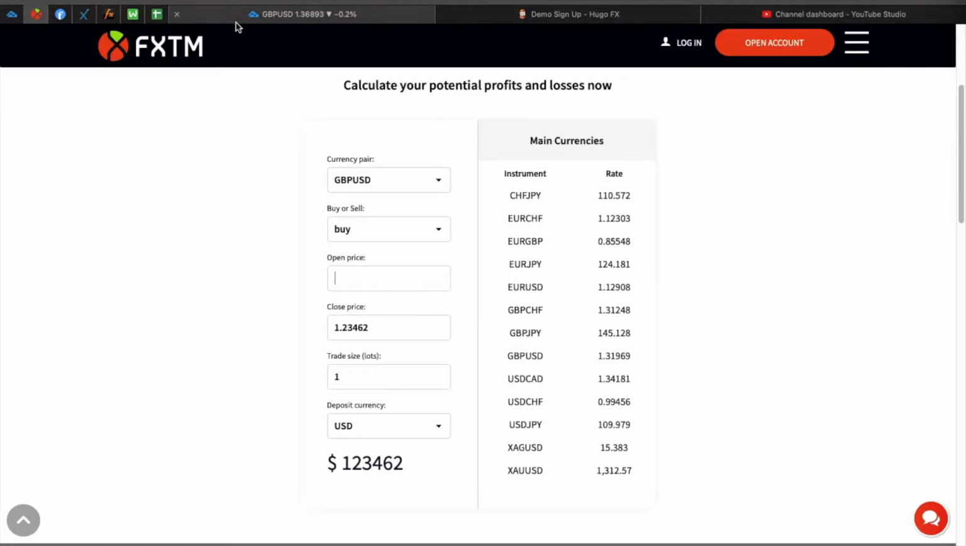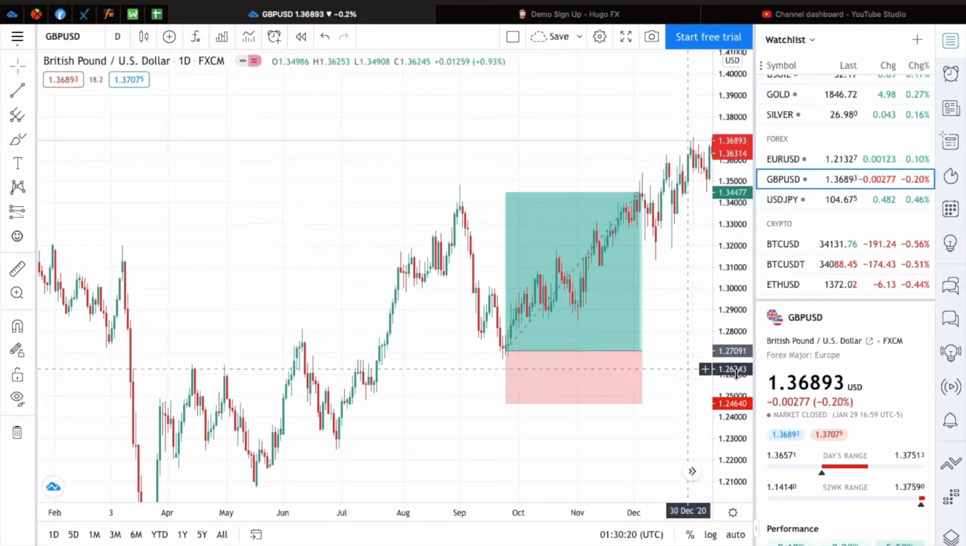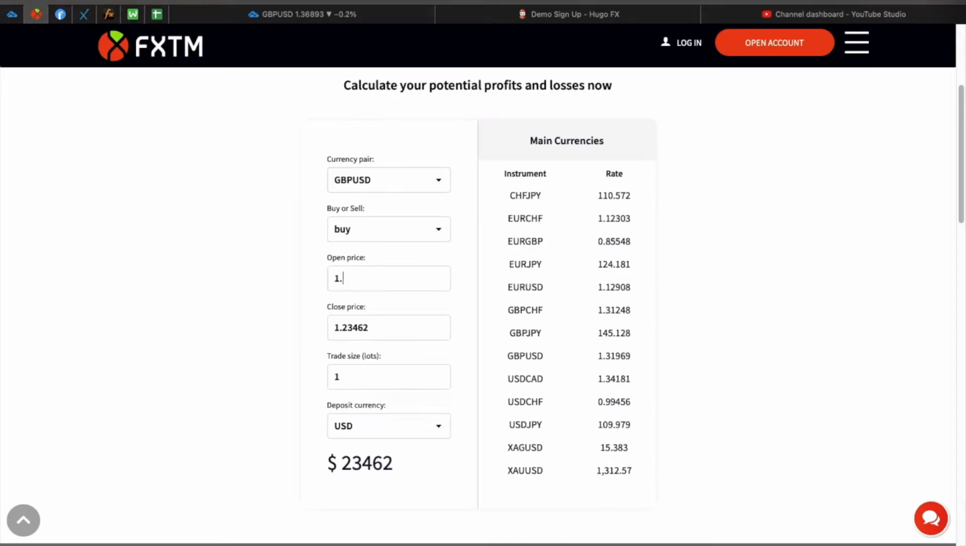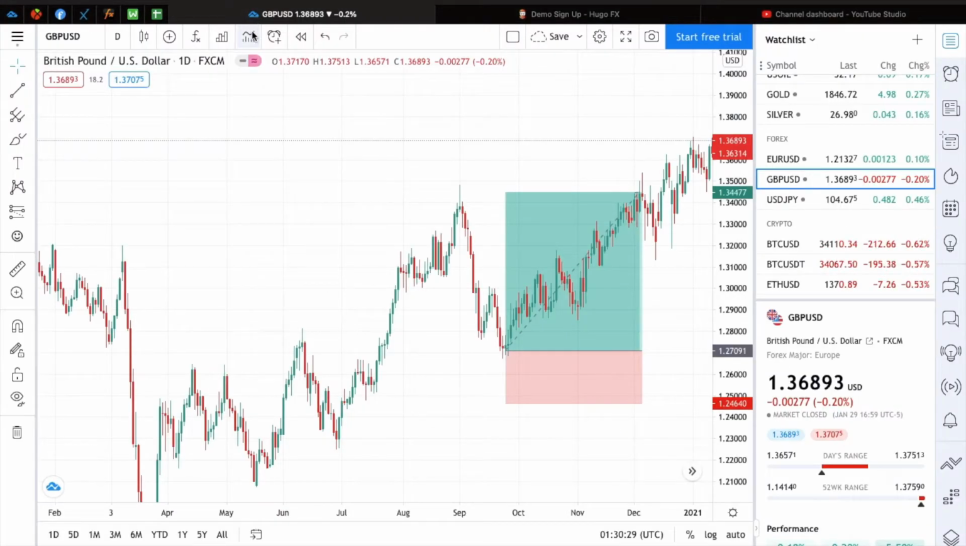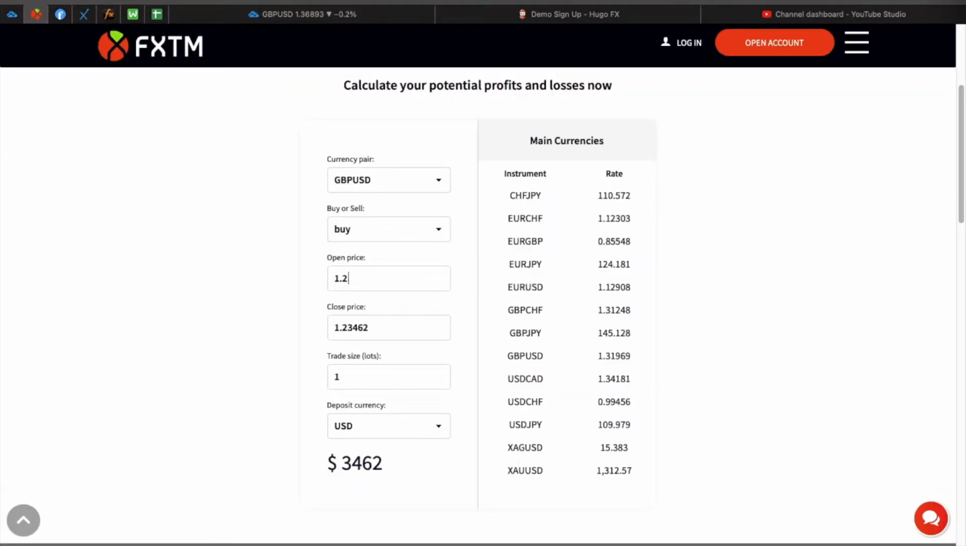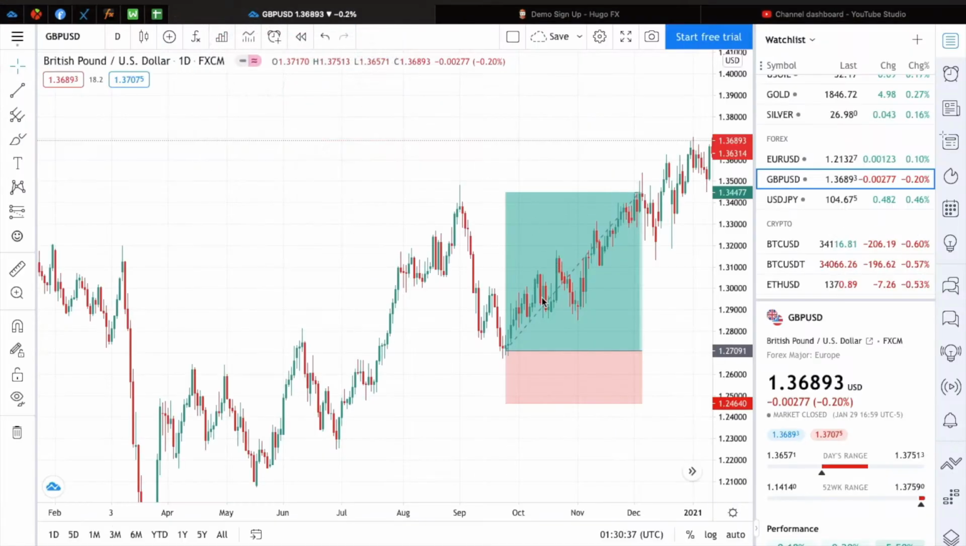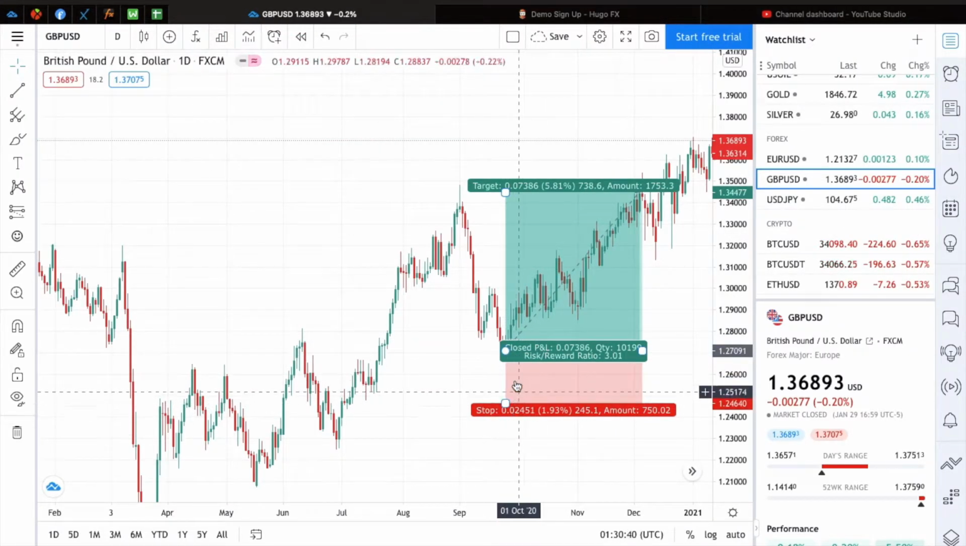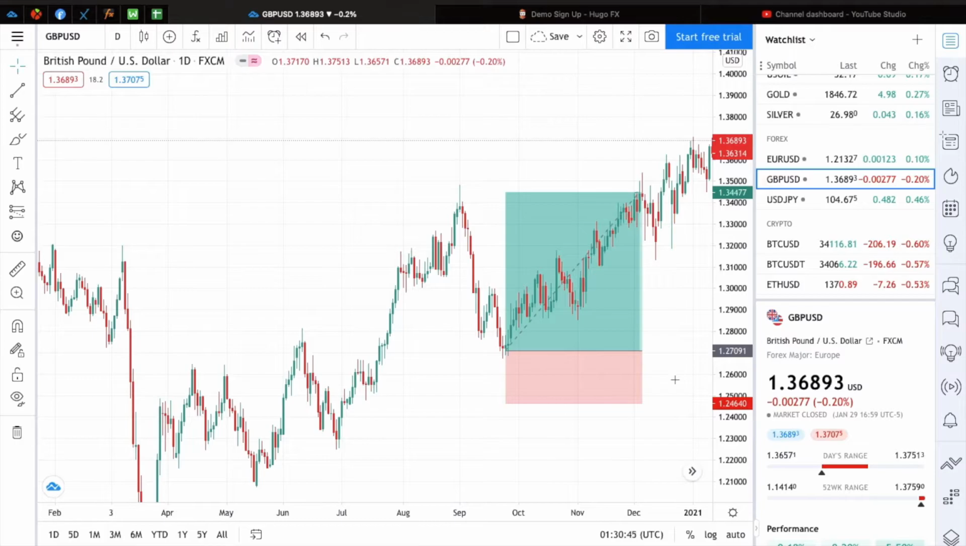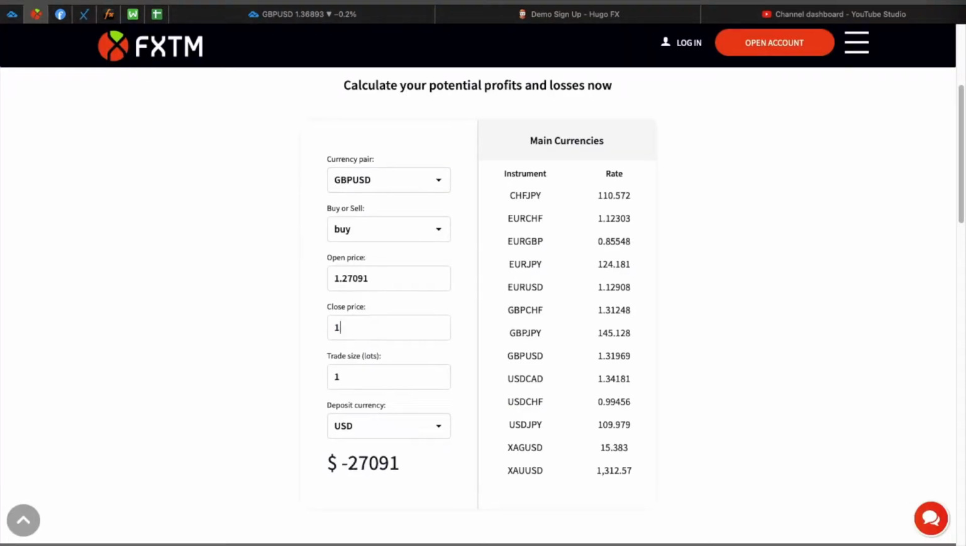So open price, what does that mean? That means where you're getting in at, right? The open price. So we would put in 1.27091. Close price means where your stop loss is, right? So if the price were to come down here to your stop loss, that would be your exit. So the exit is 1.24640. Now, once you have your open price, your close price, your buy, because we're buying, and your pair,